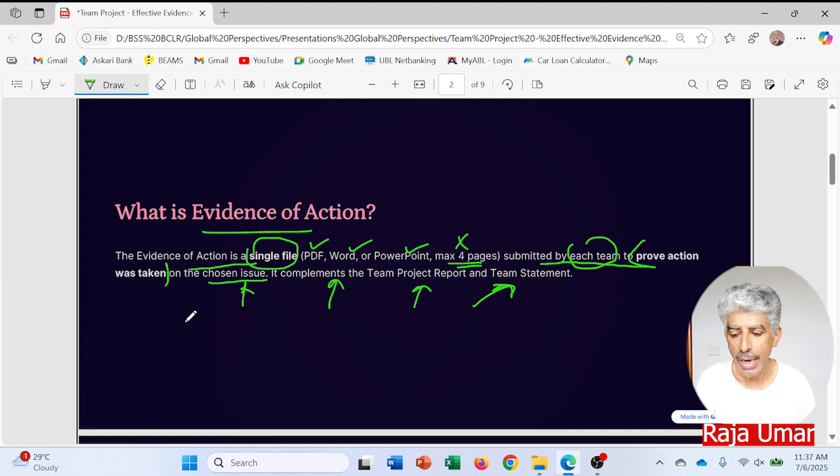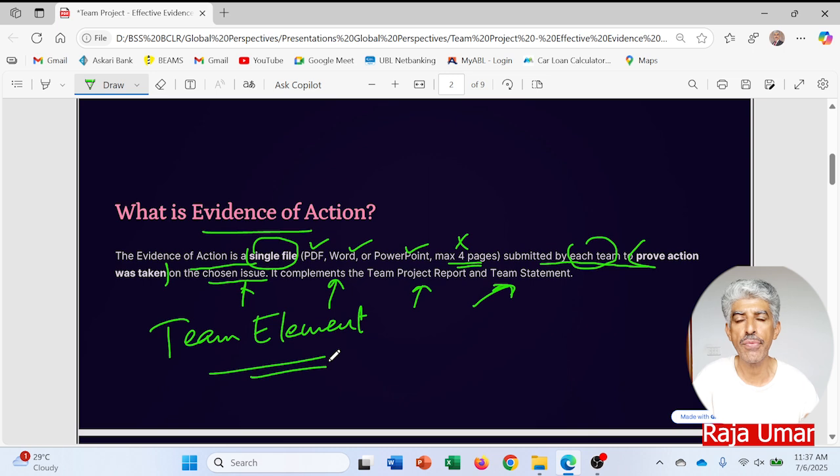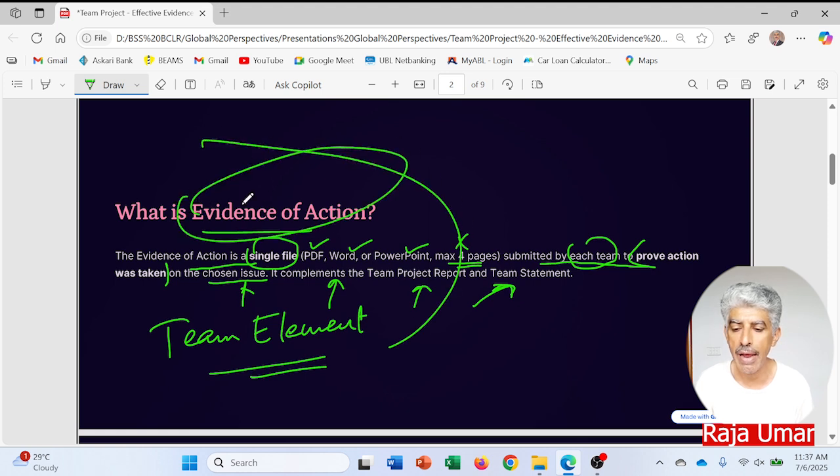So it means that whatever is explained over there in the team element, that this was our topic, this was our issue, we did this thing, we conducted the Google survey form, we used a social media platform by making an Instagram page or Facebook page, and we took the interviews of these people, whatever they have given in their team element, that must be given over here in the evidence of action, all those things.